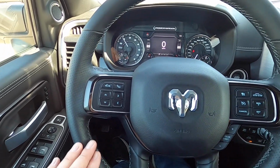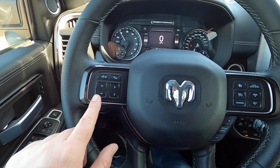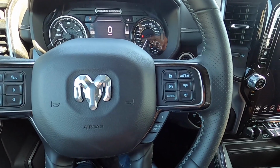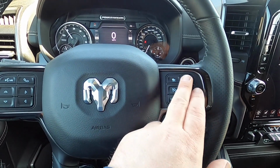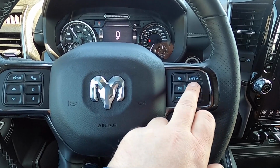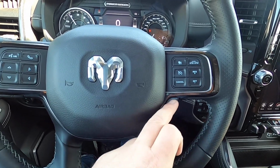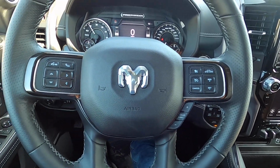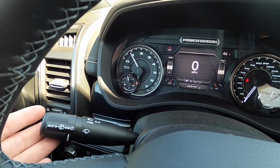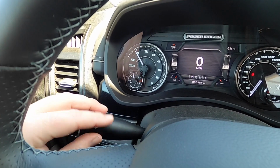It does have multifunction controls here, so you have your Bluetooth controls here, voice control, phone controls. This little quadrant here is your trip control. And then over here controls our cruise controls. So this does have adaptive cruise control. So we can set it here, turn it on and off, set our distance. Everything else is pretty explanatory. Gear limit button down here. Alright, multifunction control stalk here for wiper washer controls, flash to pass and high beam controls, and of course turn